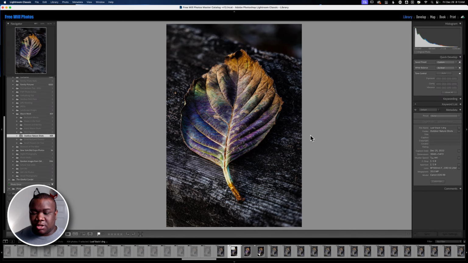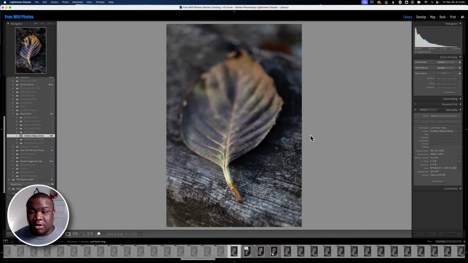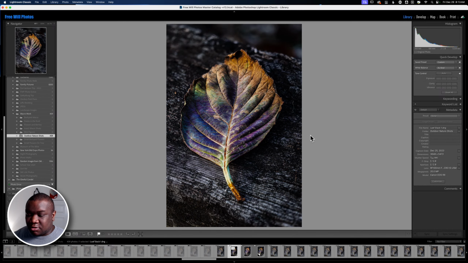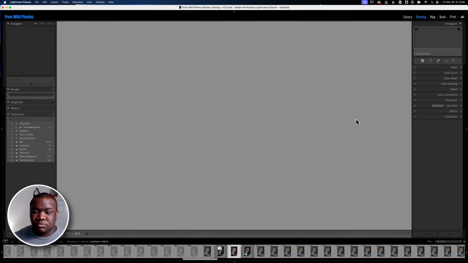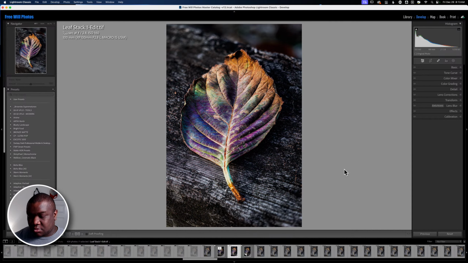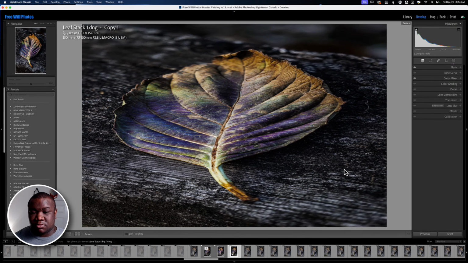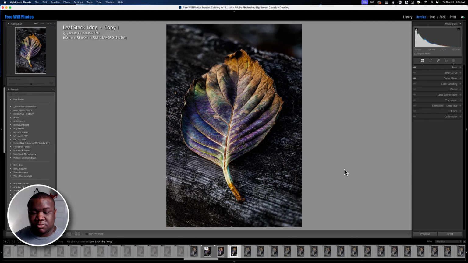So this is the end result of the image overall. Now, I don't have the original available because, again, I focus stacked this. Actually, this one, nope. Just want to see, oh, well, that doesn't look good. Yeah, so I don't have the original available of this, but nonetheless,